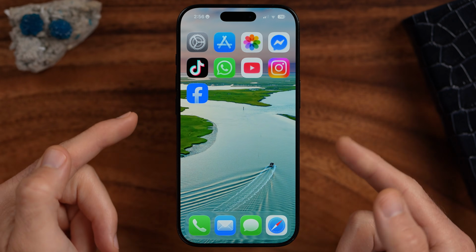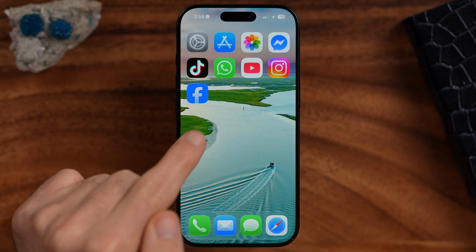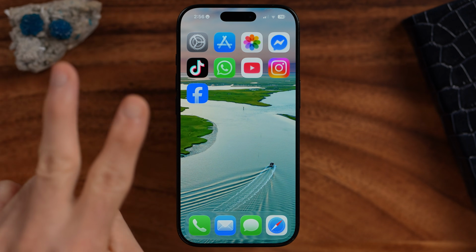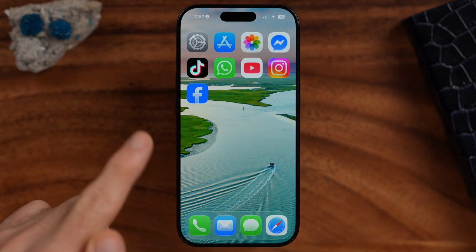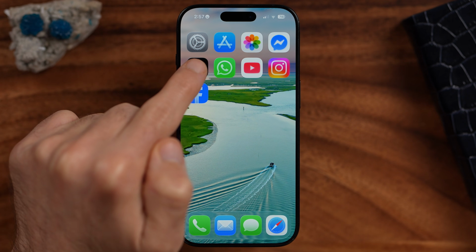Here's how to uninstall apps on your iPhone. Now, if you accidentally installed an app or you just don't want it anymore, there are two ways to be able to delete it. One is in the home screen here, or a better option is to tap on the